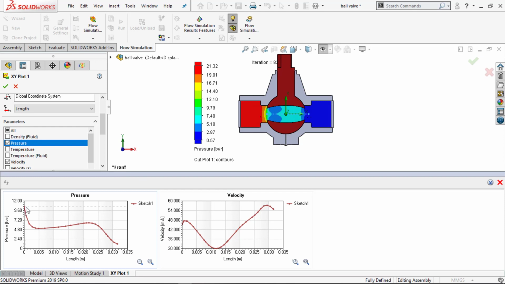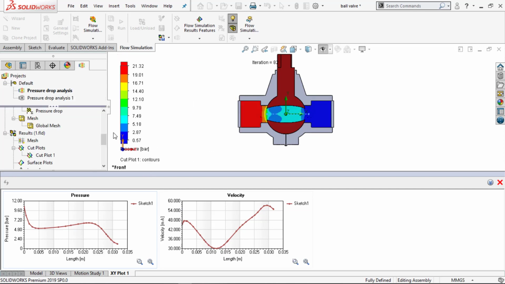Initially the pressure is at a high level, so constant pressure we have given, right, the fully developed one. So from there it will start decreasing, again at the center of the wall it will start to increase, and then finally while going out the pressure will totally decrease and velocity will increase, inversely proportional, right? The same thing here, the velocity is initially at a certain value, and then it will try to decrease at this pressure drop reference, and then again it will increase due to the nozzle activities, and the velocity will be more at that region. Okay,